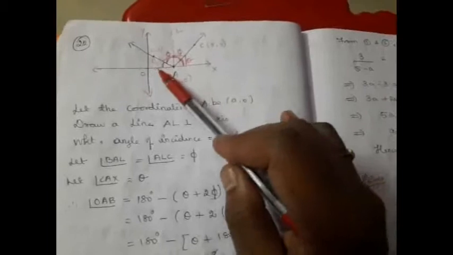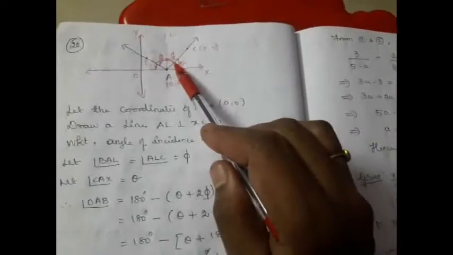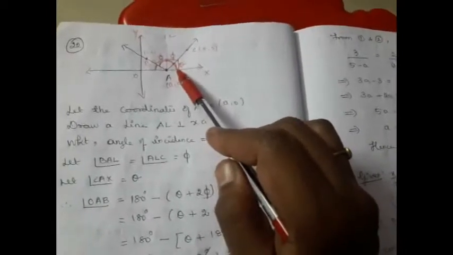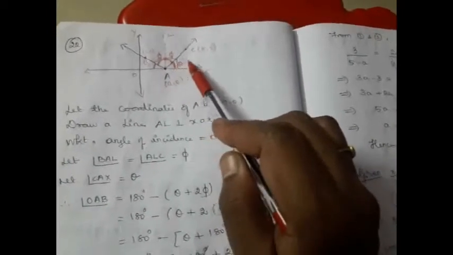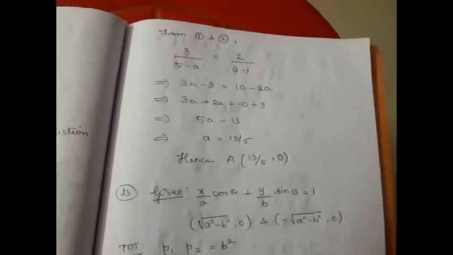So first we have to find the relation between the angles. Why? Because we are going to find the slope in two ways, so we need the angle made by the line with the x-axis. This we have taken as theta. This also we are going to obtain in terms of theta. After that we found the slope in two ways. One is using two points and the other is using the angle, and then we equated them to obtain the value of a. Yes, hope you got it. Let us move on to the next question now.